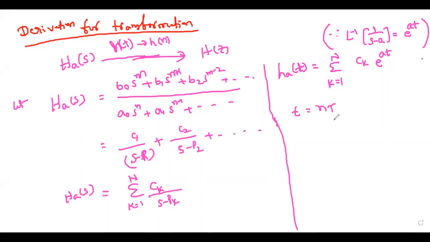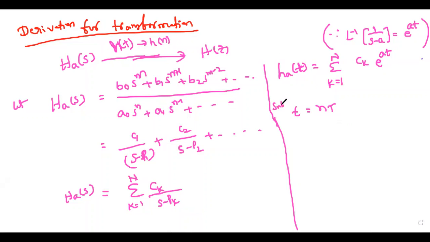I want at every 1 second, it means T is equal to 1 second, you can keep it. Then at 1 second, 2 second, 3 second, only at these points it will take the value from t. If I want it for every 0.5 second, then we can give T is equal to 0.5 second. That is the sampling. Now we will substitute t is equal to nT here.